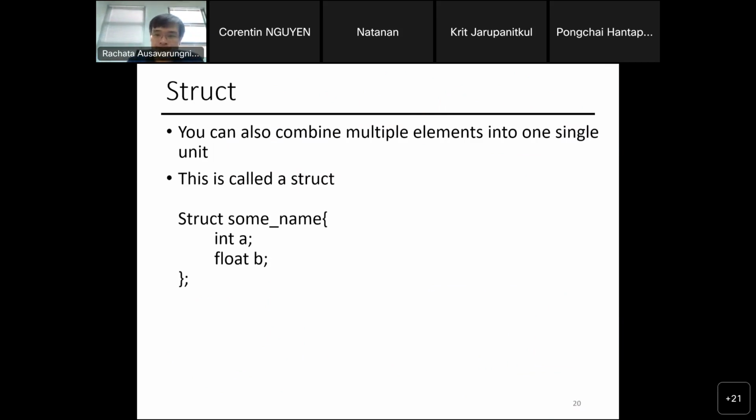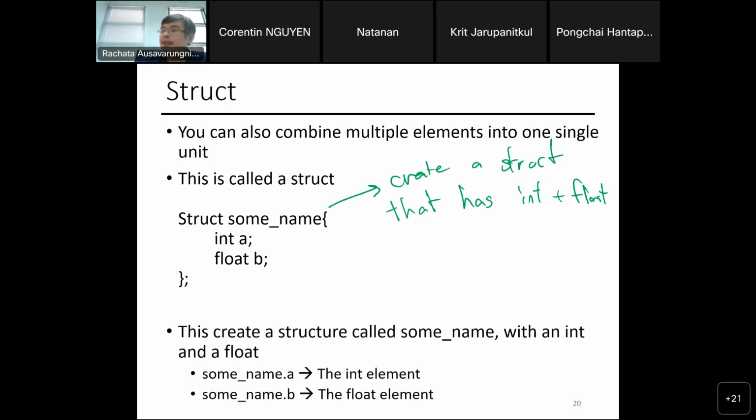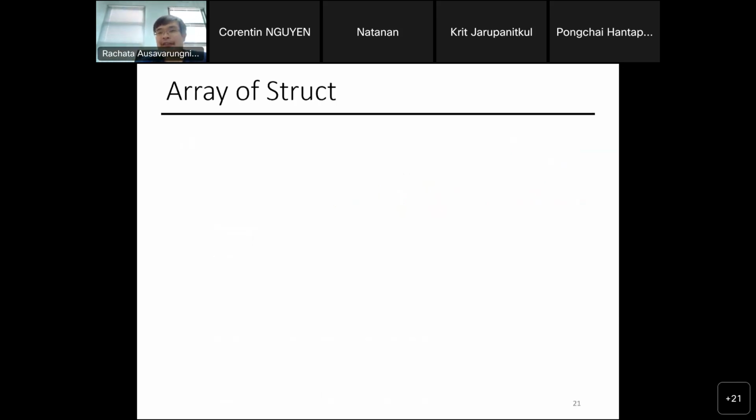So this basically creates a struct that has an integer and a floating point. And then if you want to actually use it, you can use somename.a and somename.b to get each of the elements. And you can combine the concept of an array of structs.